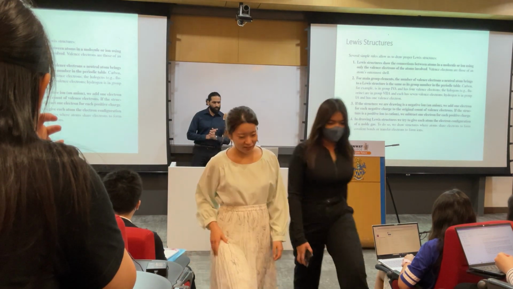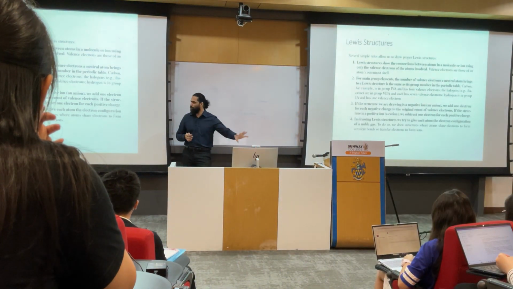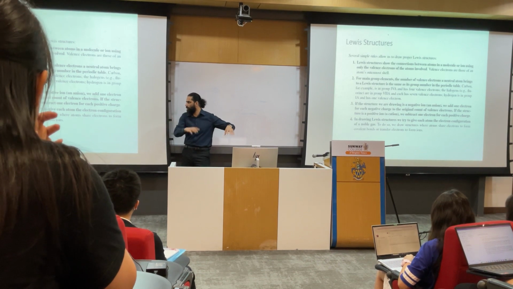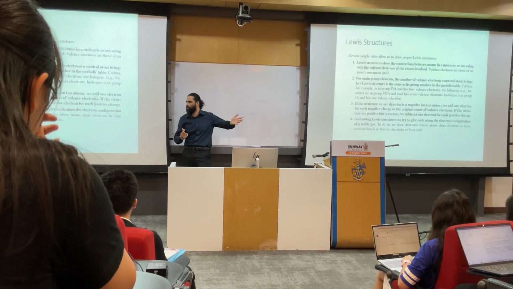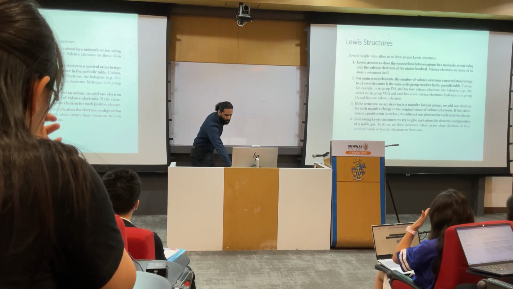So these are some of the rules to make Lewis structure. We will look at them one by one with examples, so don't worry. But once you read it, you would have an idea that yeah, you know this stuff, how to do this, how not to do this. So let's look at those examples, yeah?